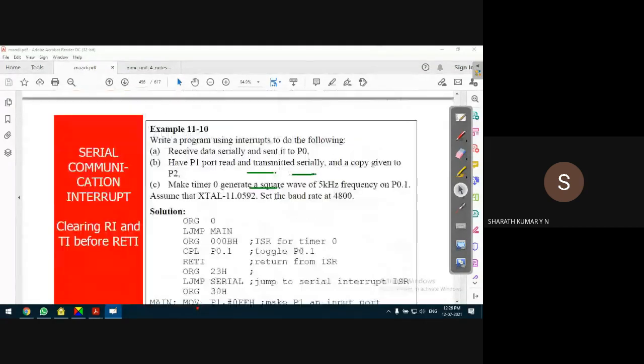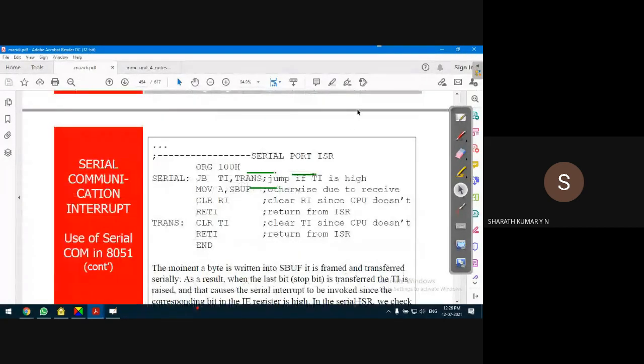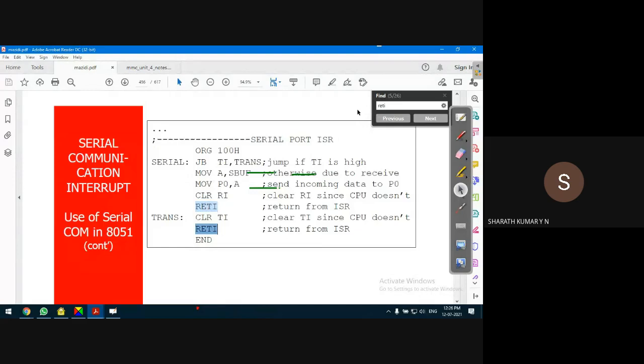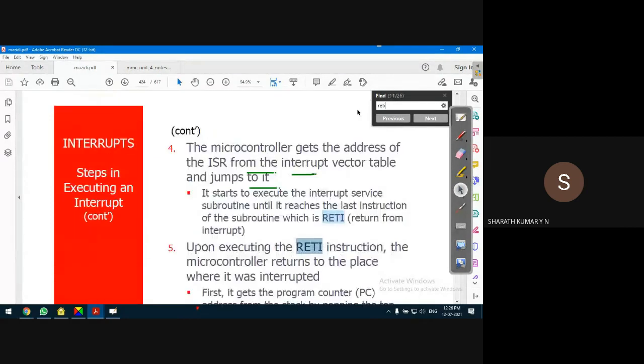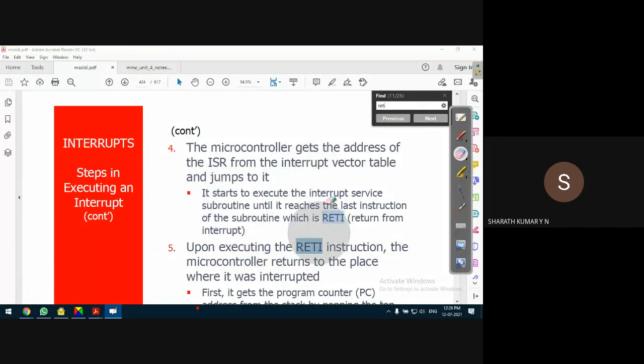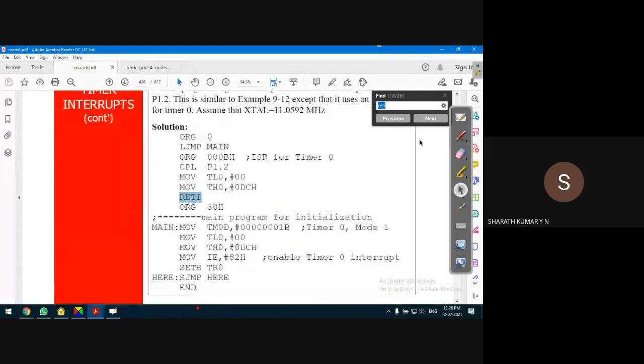RETI, it's given somewhere here, but I'm not able to find it. Just a second, I'll search the return from interrupt, RETI. There are so many occurrences. Yeah, here it is. Okay, here the RETI instruction is explained. Is there any other occurrence on page number 424? Okay, just a second, I'll check.